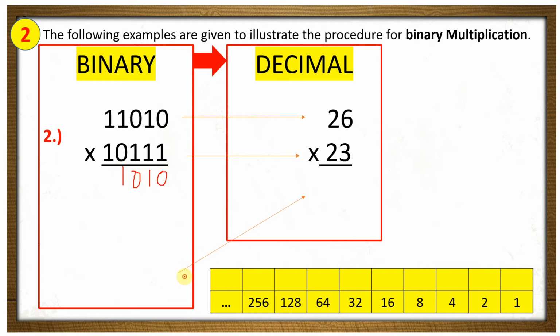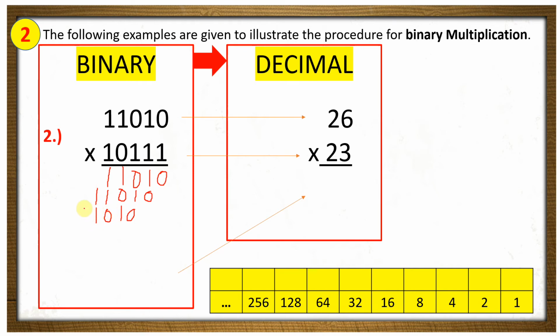0, 1, 1. The next is also 1, so this is 0, 1, 0, 1, 1. You simply copy, because again, any number multiplied by 1 is equal to the number. So you copy here 0, 1, 0, 1, 1. Next, on the third partial product, this is 1, so you copy again the multiplicand. So that's 0. You write in the column here 1, 0,